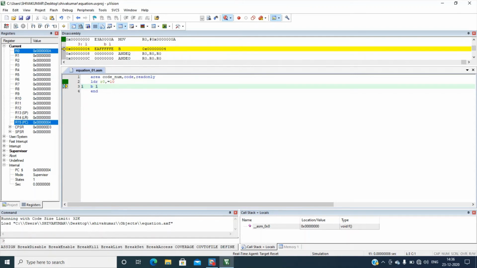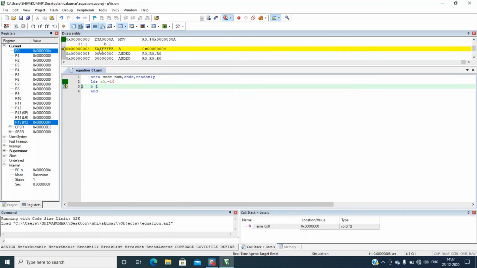What is 10 in hexadecimal? It is A. So whatever the R0, R1, R2 register values are, they are in hexadecimal only. You can see here 0x000A means it is taking hexadecimal, and operations are done in hexadecimal format only.